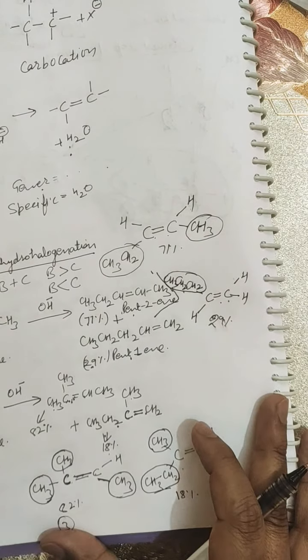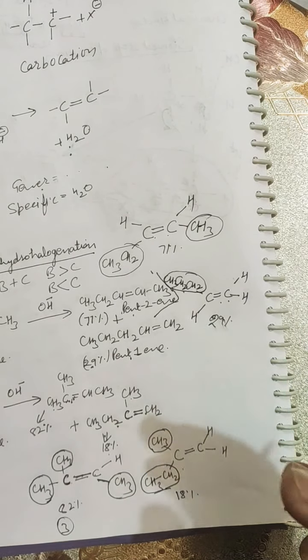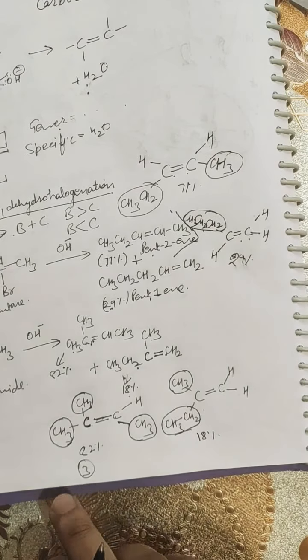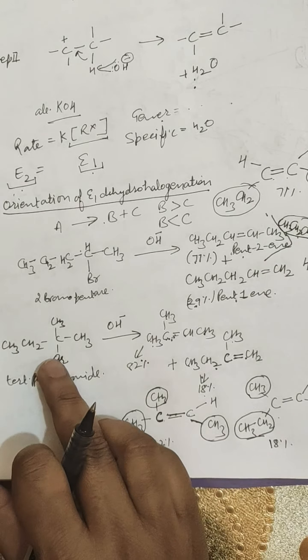So this is the meaning of the word substitution. So this is the more substituted product in this reaction where tertiary pentyl bromide reacts with